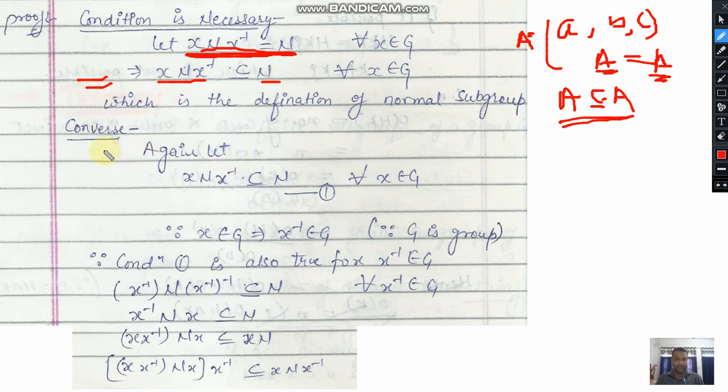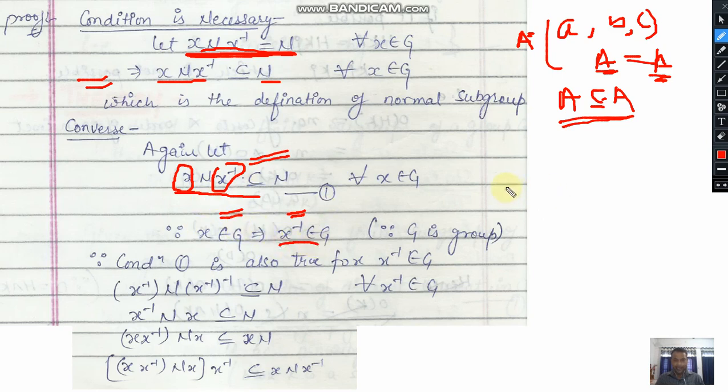Now we will start from the converse, and we are assuming this. Let us suppose this result is true. This is our equation number 1. Now we will write its opposite. Let us suppose x belongs to G, then x inverse will also belong to G. Here this x is taken from group G, not from N. We are taking this x and its inverse from G, and this result is true for every element of G. So it will obviously be true for x inverse.